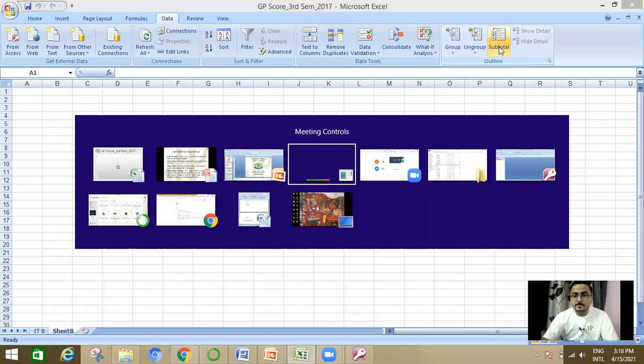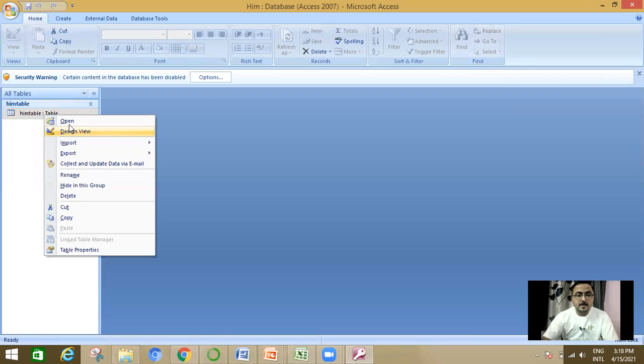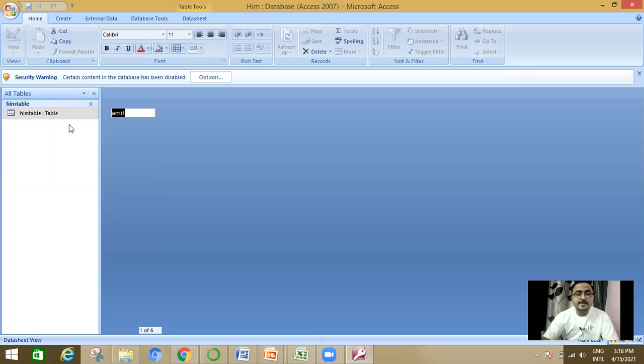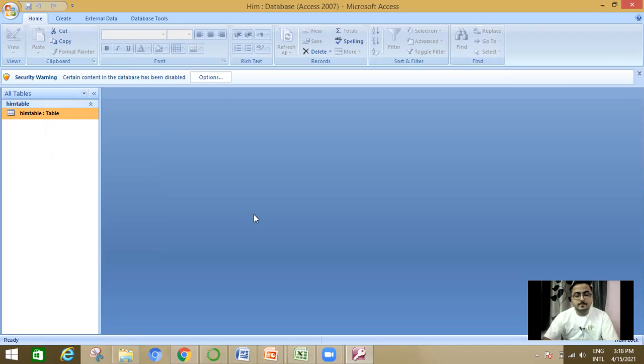Here you can see that I have created a table known as HIM table. In HIM table, there are 6 rows present. So I am going to import that data.